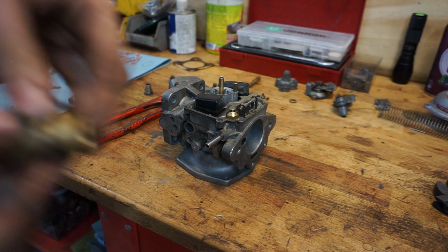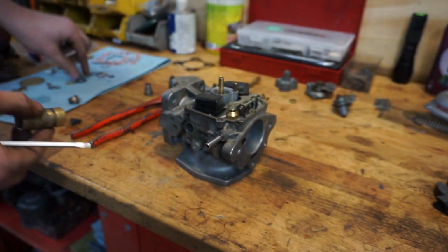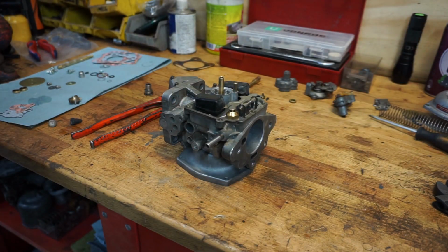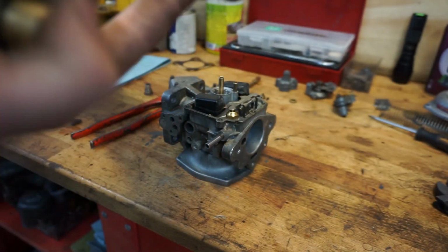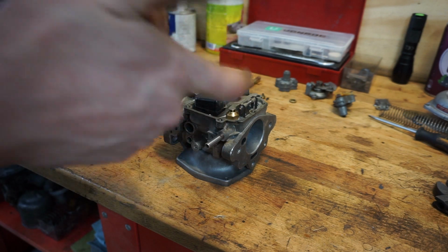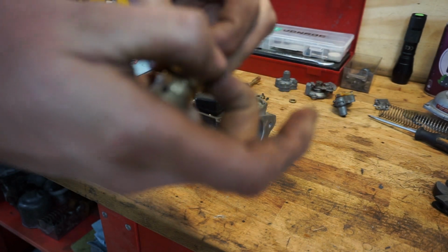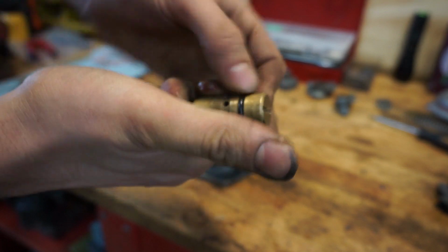The easiest way is just to break it. So here's the old rubber ring, and here's the new one over here. Normally I use red rubber grease, but I only have normal grease right now. So I'm greasing this rubber up so it will slide a bit easier. And then you will just, so now it's on top, and then roll it down, and there you have a new O-ring, so that won't